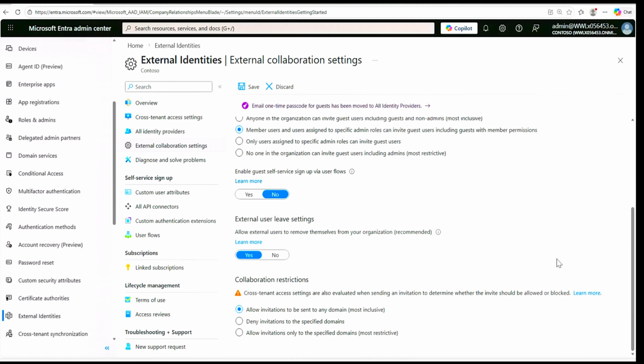And then if we go to collaboration restrictions, let me check the options we need to select from the document. So here we are going to select the specified domain option. So select that one